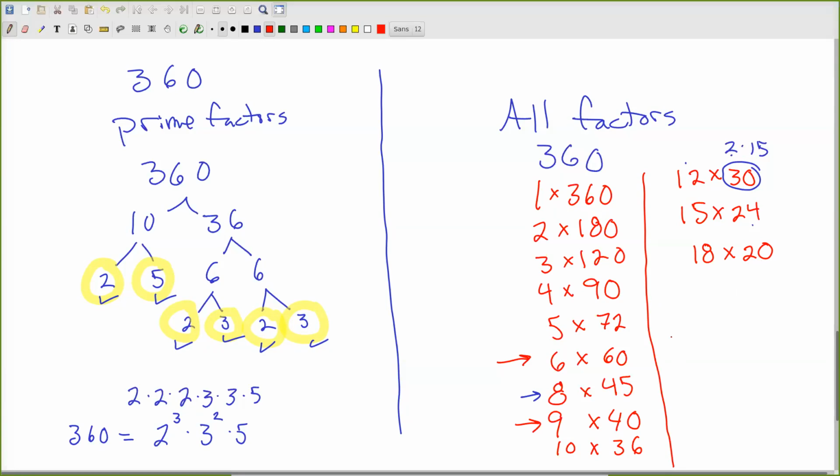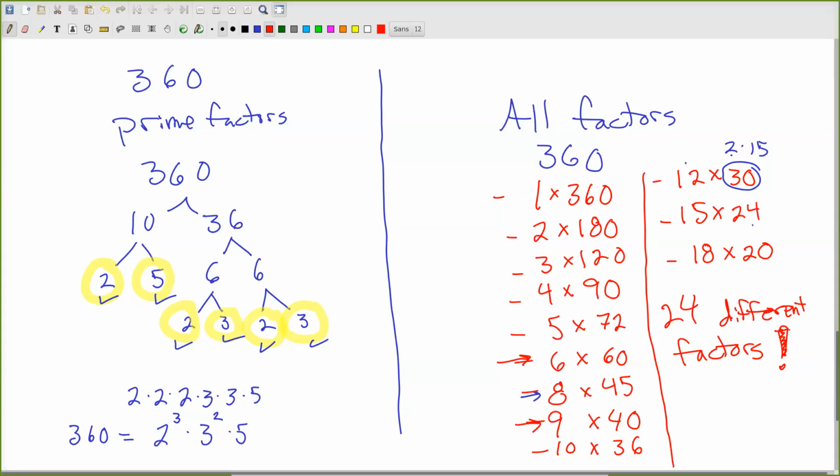And to know you have all the factors, that's a much harder problem to solve. The prime factorization is pretty easy. You multiply the prime factors and it either works or it doesn't. Finding all factors is a bit trickier, but we think we have what? 2, 4, 6, 8, 10, 12, 14, 16, 18, 20, 22, 24 different factors. Wow, 36 is a rich number. That's amazing. Pretty cool. So it looks like there are